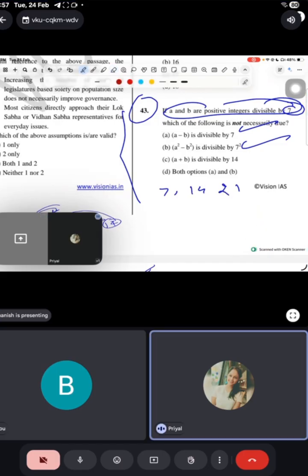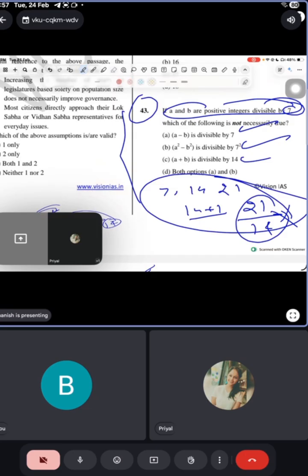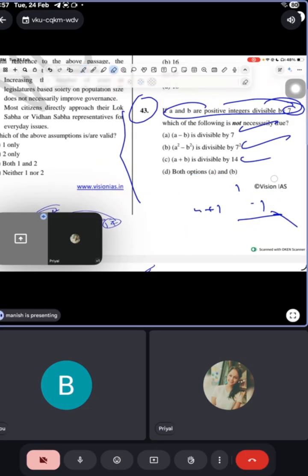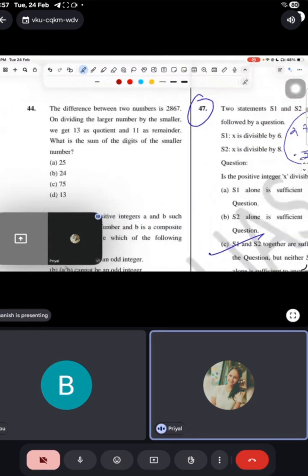So a plus b means 14 plus 7. It is 21. Divided by 14. See, not divisible. So see, I told you that thing earlier with my logic. Now I have proved those things. Yes. So guys, you know what? This is just a second class question. Second class question, actually. Manish wrote it in a comprehension also at last.